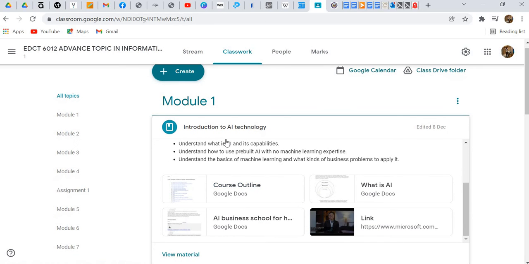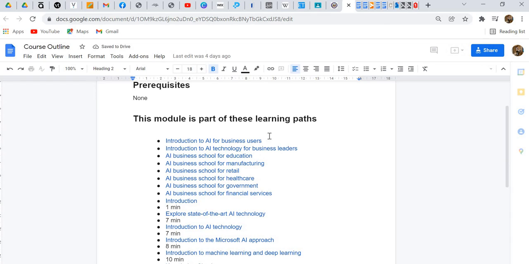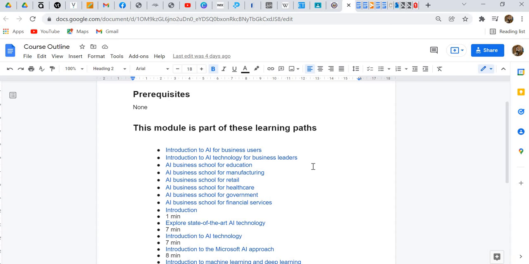From there, if you go down, you can see the course outline. I created a course outline in Google Documents. If you click on this link, it will take me to the Google document course outline that I created, where I had all these resources, like introduction to AI for business users, introduction to AI technology for business leaders. You can have all these topics, and each of these topics is linked to a document. Once you click the link here, it will take you to the document